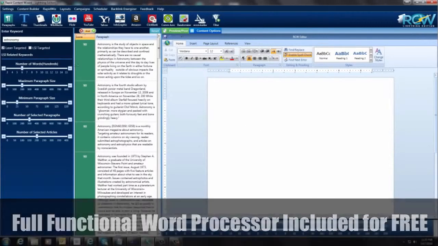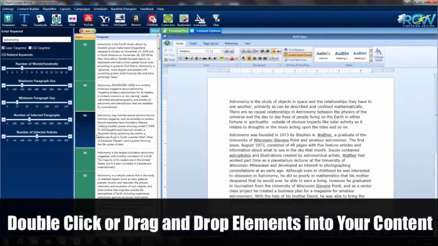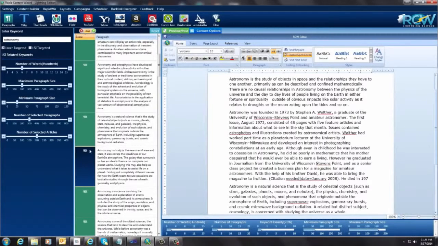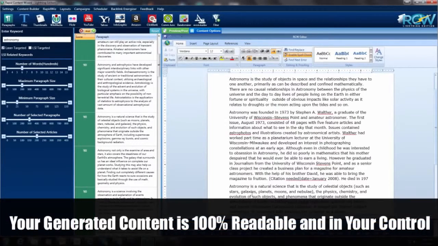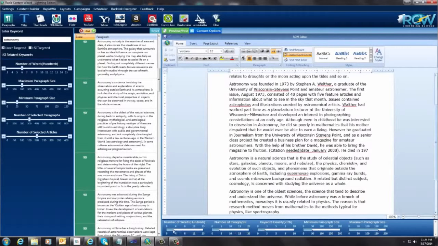here on the side. All I have to do is come up here and double click on the paragraphs that I want, and it will automatically put them in here. And the good thing about this is you can select any of these paragraphs you want so that they will all read through and all form together so that they make sense. You look down here in the bottom, there's a little graph. It tells you how many words in the hundreds you've created. So we have almost a 400 word article here.